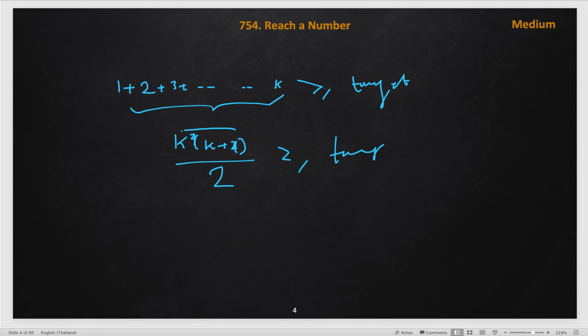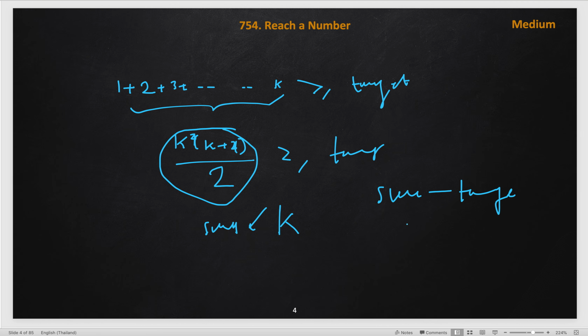So, let us write this entity as a sum, and the number of steps taken to reach the sum is k. First we will find out the sum and the number of steps. Now, we need to compare: if sum minus target is even. Why do we need to take the even? If it is even, it means the number of steps so far, whatever k, we will return k. Why? If we cross this target, in that case we have to reduce.